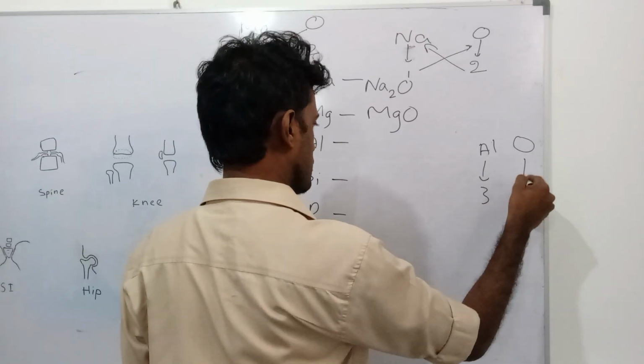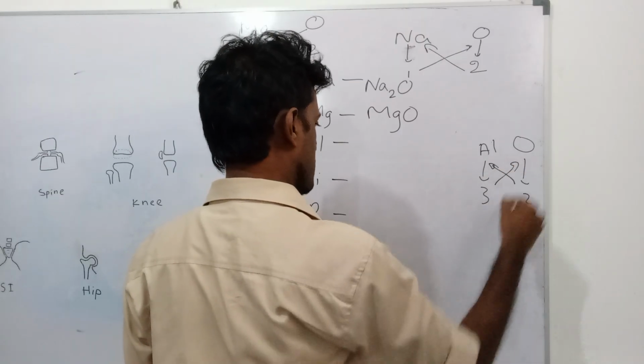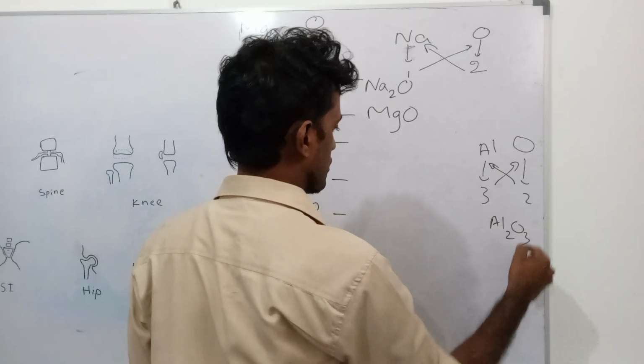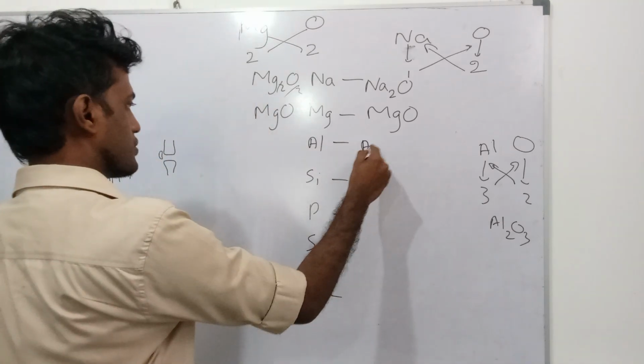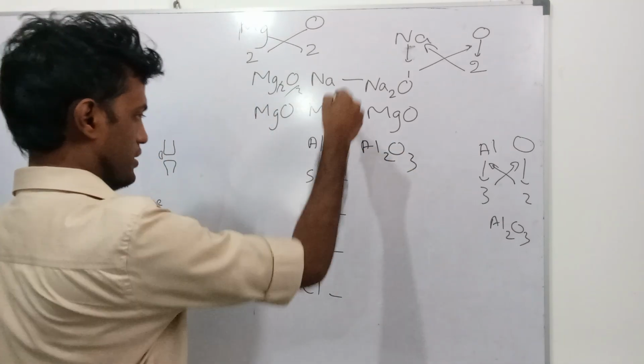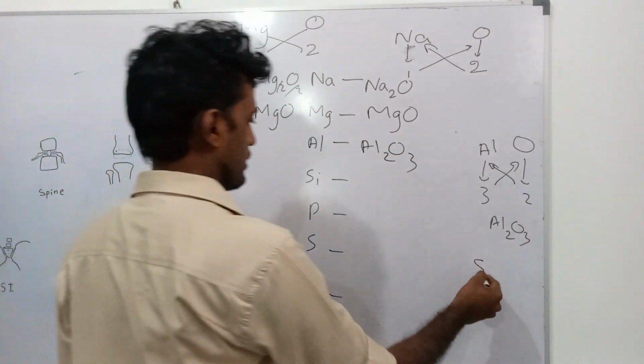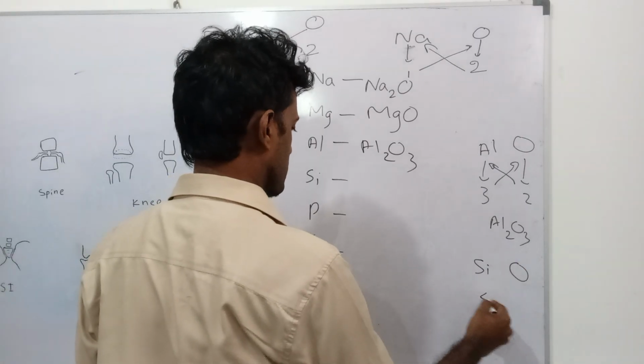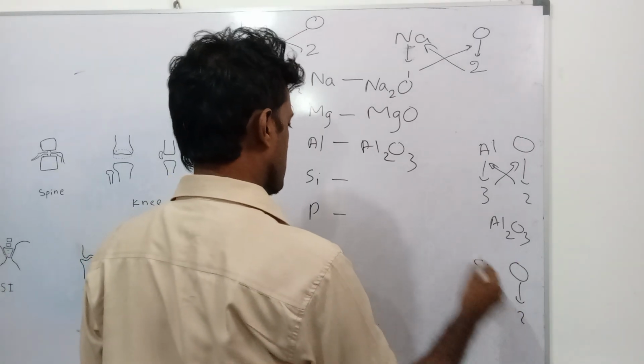Al is third group, oxygen second group. Exchange the numbers: Al2O3. Likewise, you can write silicon also: silicon 4, oxygen 2, then